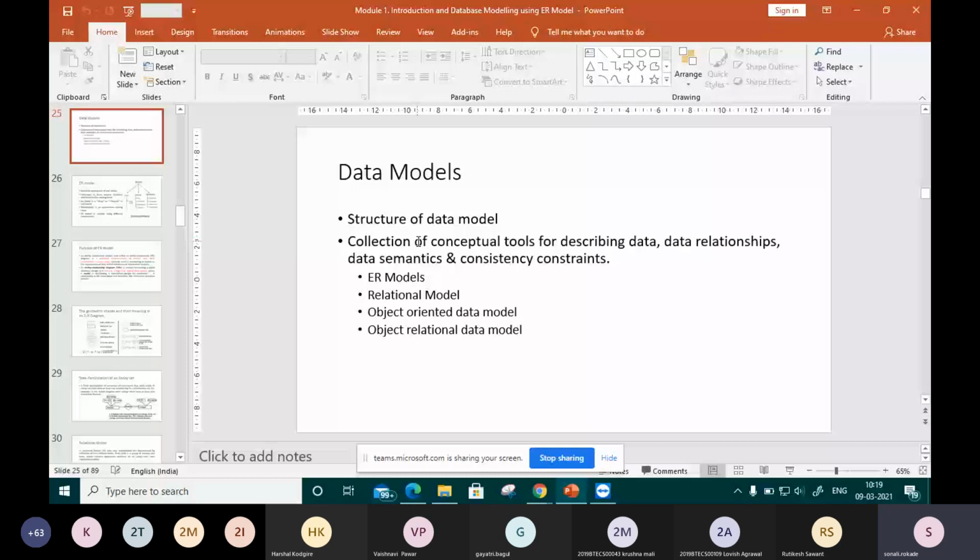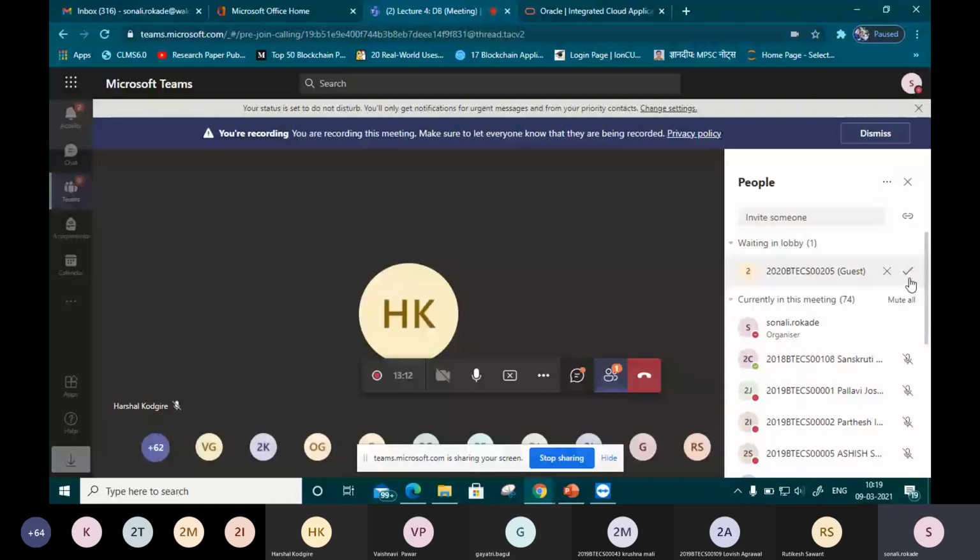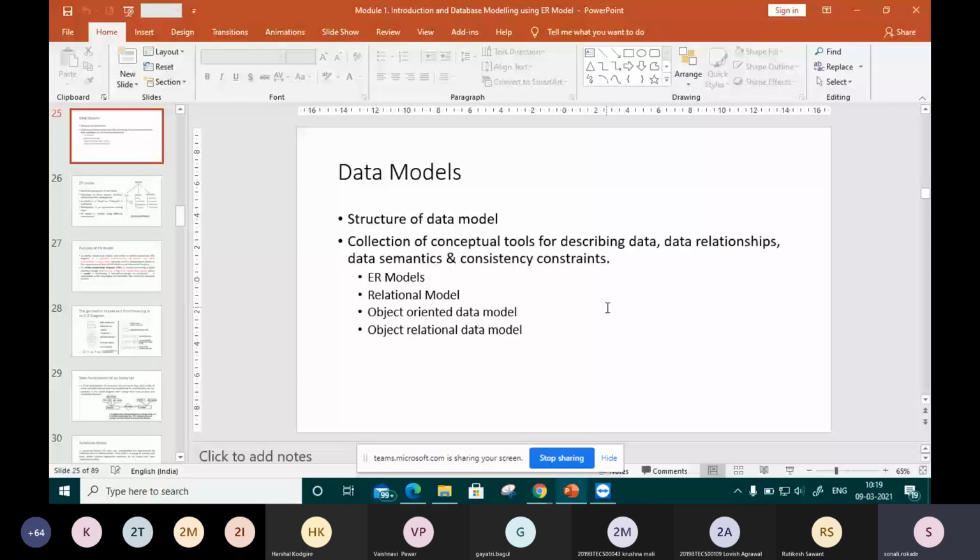So in short, with the help of tools, we are going to describe data, define the relationships between them, define the semantics of data, and define the consistency constraints, how the constraints are allocated to each other.